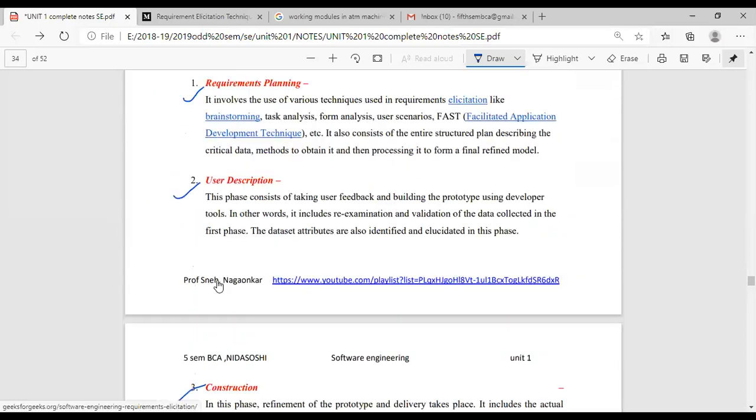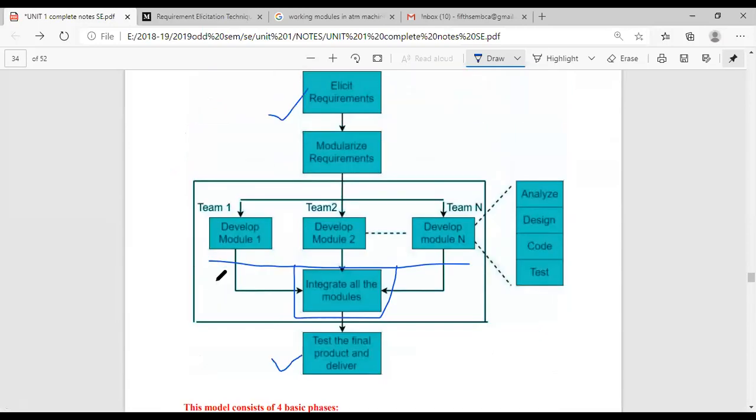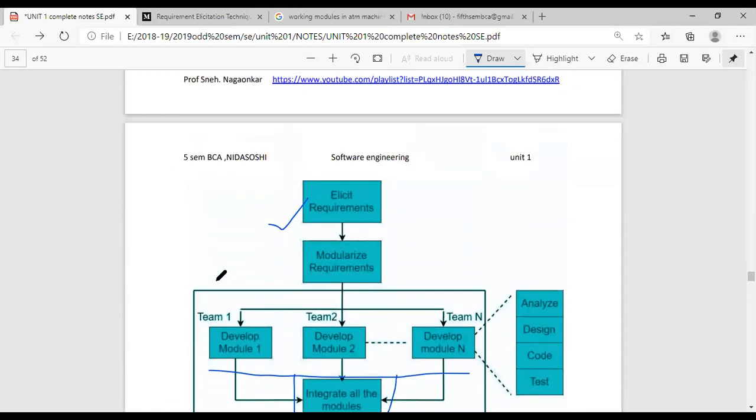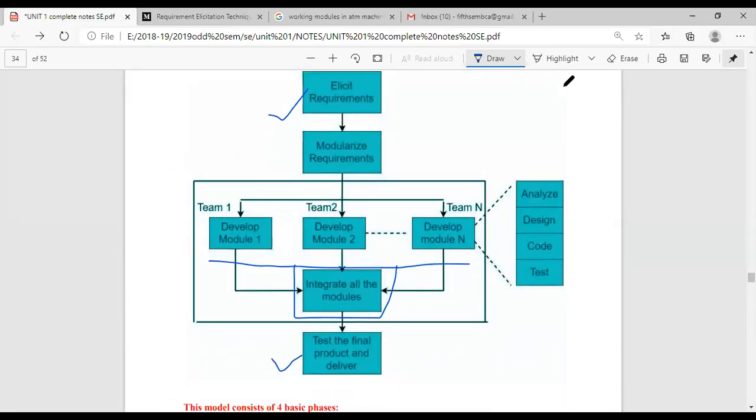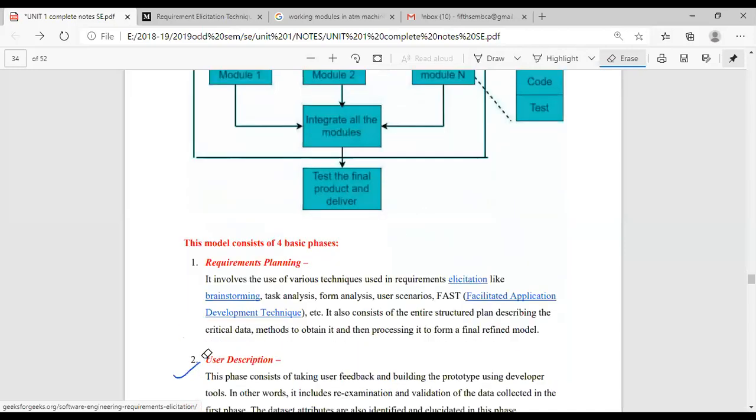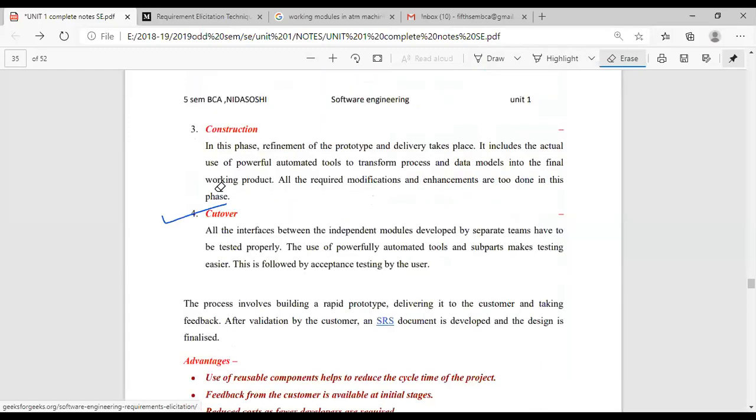Are there any queries here? We will continue at 10:46 in the next session. I'll give you 2 to 3 minutes for queries. Did you understand? Are there any queries here? Any questions, guys?